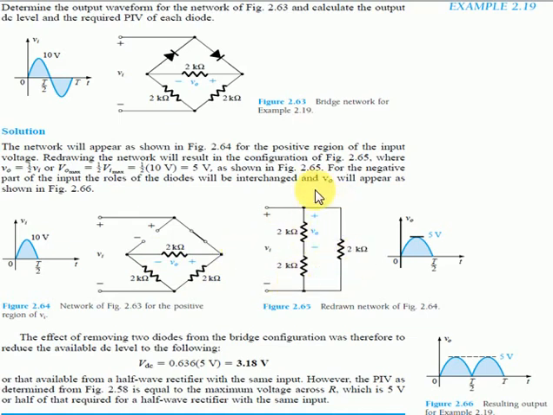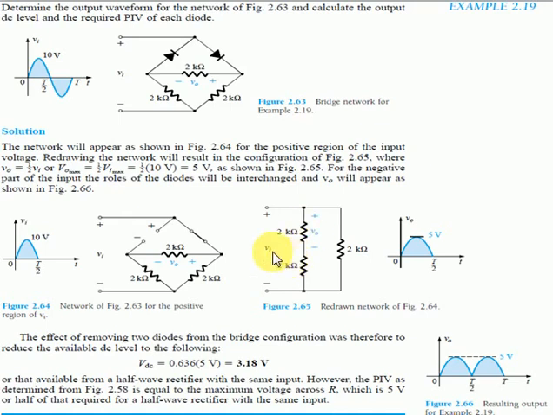Now from this figure you may say that this Vi is parallel to these two resistors as well as this resistor, means this Vi is parallel to the voltage of the 4 kilo ohm resistors, and this input signal is also parallel to the voltage of this 2 kilo ohm resistor. As we have to find the output voltage of this resistor, in this case we may have the voltage divider rule here.